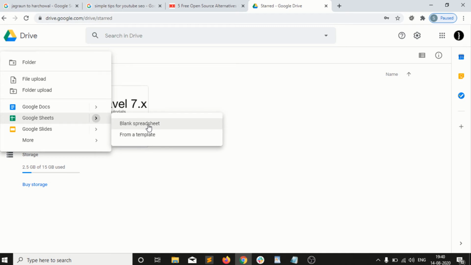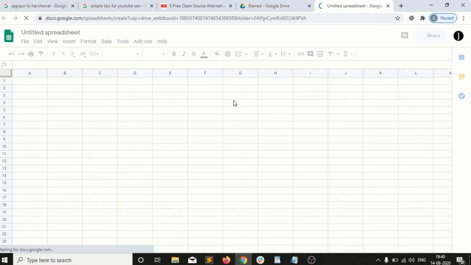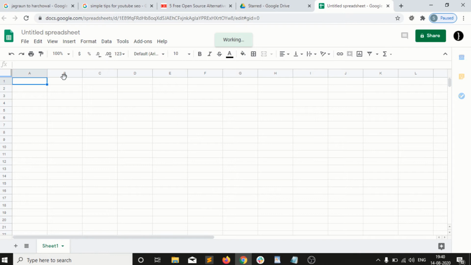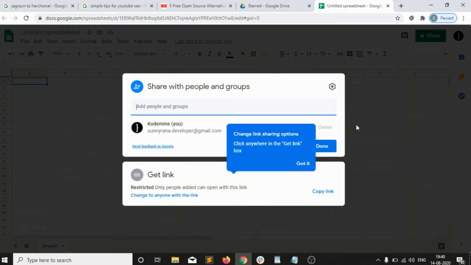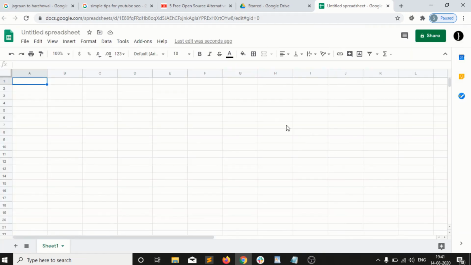So I will click on blank spreadsheet. Here I will get a view of the Excel sheet. So how can I use it? It's a simple way. You guys are using MS Office or LibreOffice, but now we do not need to install software or pay anything to any owner of the software. We have everything online. On any PC we can do anything. We can share here with our colleagues and with our friends, right? We just need to put in the email and we can share things with our friends.